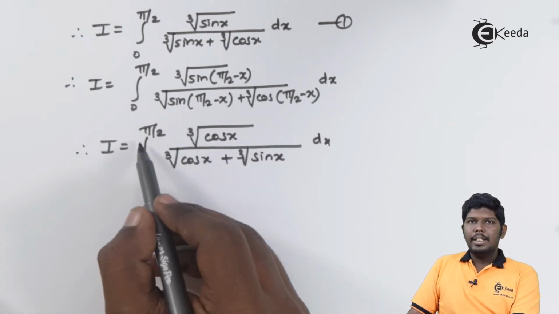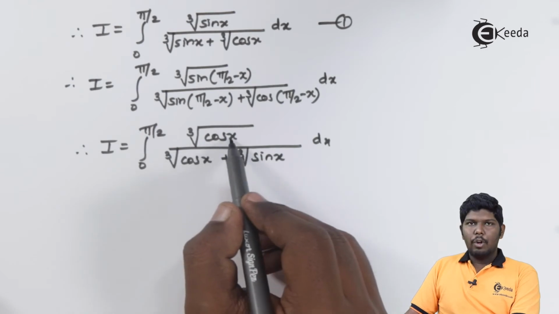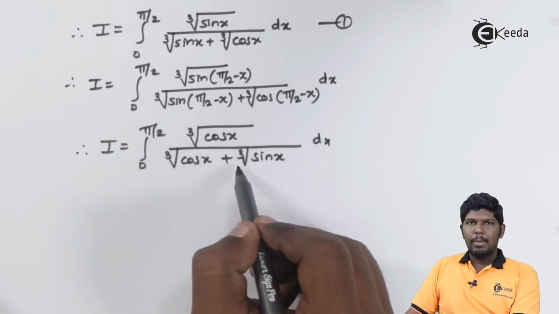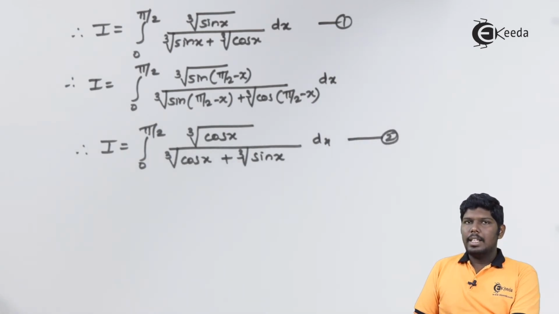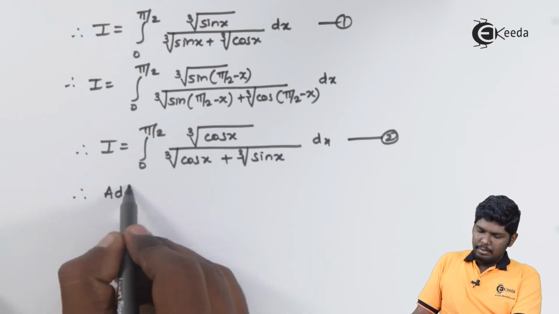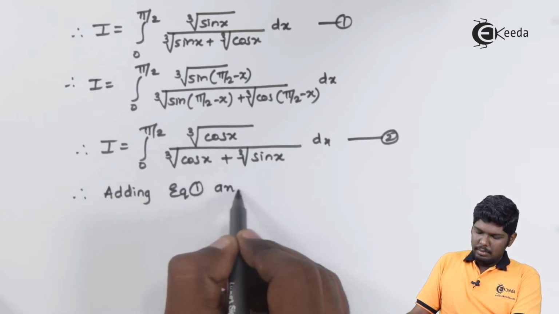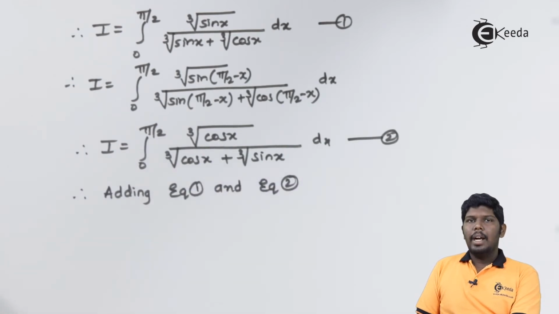This will give you integral 0 to pi by 2 cube root of cos x upon cube root of cos x plus cube root of sin x dx. After considering this as equation number 2, you can add these two equations. Therefore, adding equation number 1 and 2, we have